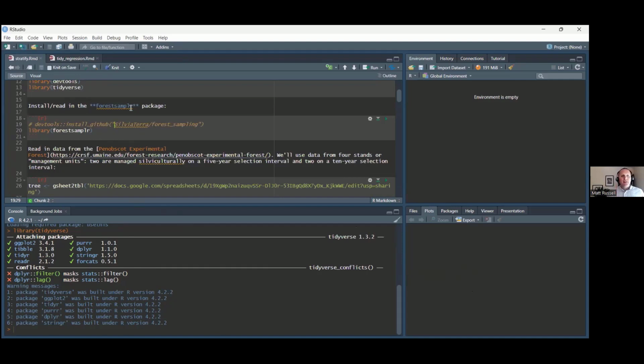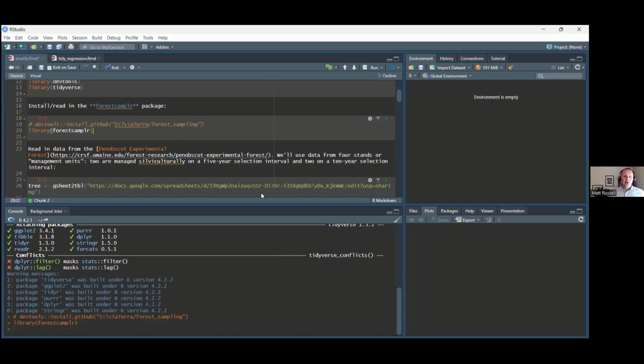And so now we want to read in the forestsamplr package. Now the forestsamplr package, if you haven't installed it yet, I've got the code there. And I just commented it out by putting a hashtag there. But you can remove that hashtag and you can see how the code now looks like it's going to run if I click that. But in that case, I know I've already got it installed, so I don't need to install it twice. So I'll put the hashtag there to keep it from running. But I do want to run the library; forestsamplr is the name of the package. So I click run, and you can see it loaded really quickly. And that's nice.